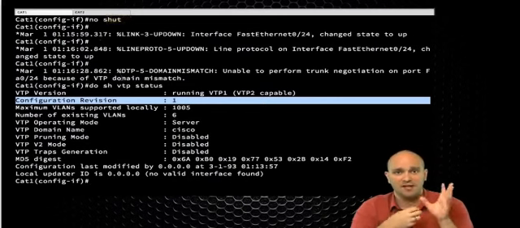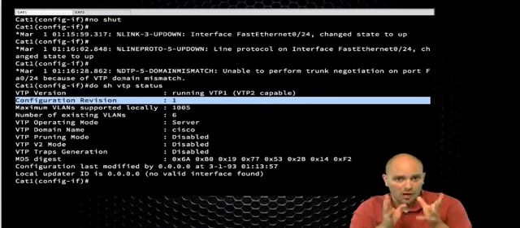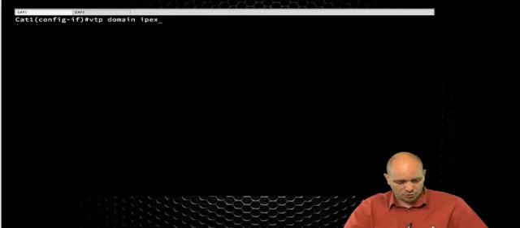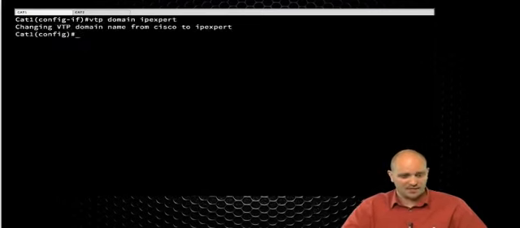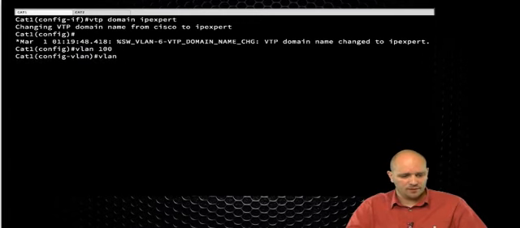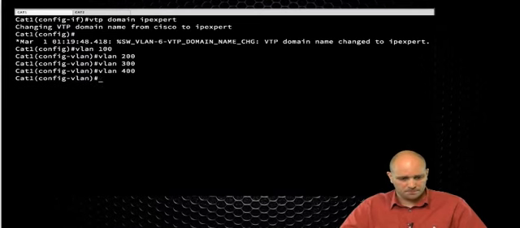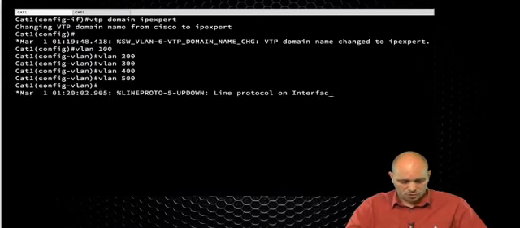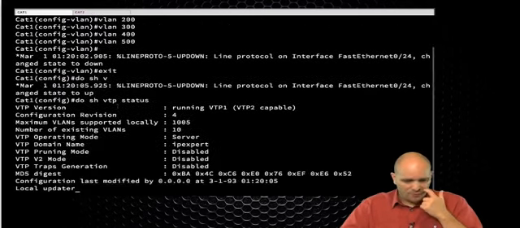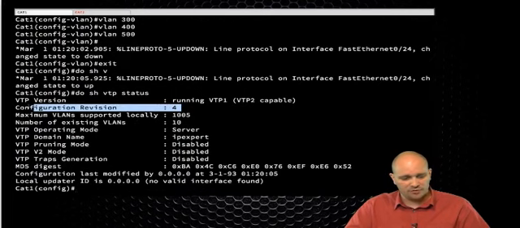Simply what I receive is what I will be using. So to show you why this is dangerous, on Cat1 now, first let me change the VTP domains to match. So I'm going to change this domain to IP expert, so now the domains match. And on Cat1, I'm going to create a couple of VLANs. So VLAN 100, VLAN 200, 300, 400, 500. So if I do show VTP status, I'm going to see here that I have a configuration revision number